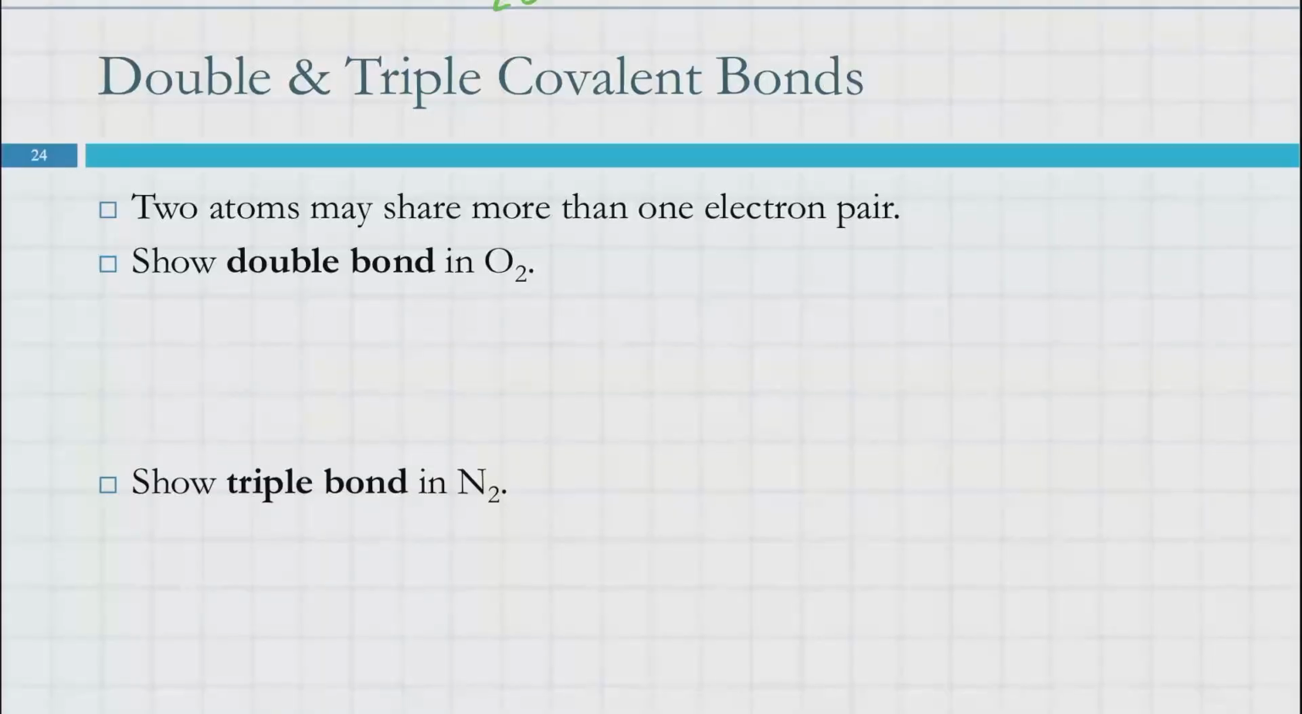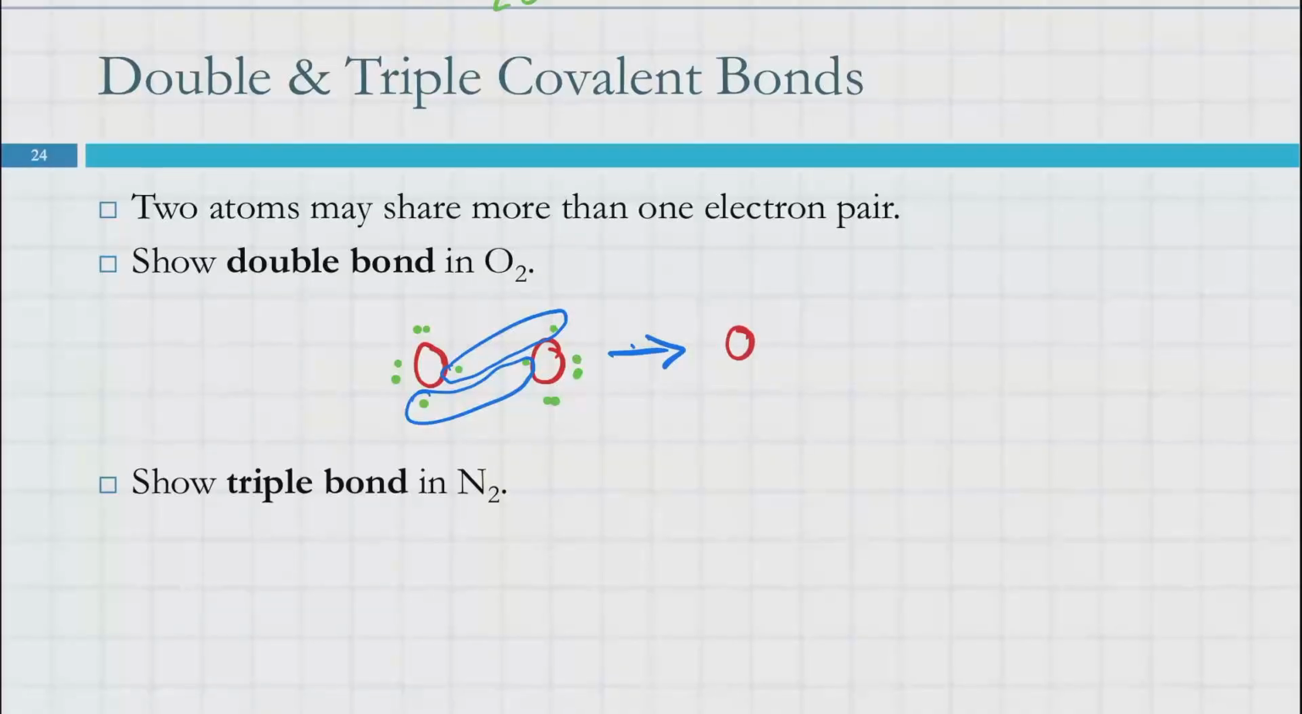So if we look at our oxygens by themselves, they're going to have 6 valence electrons. So they've each got 2 unpaired electrons. We can pair those electrons to make bonds. And this turns into,